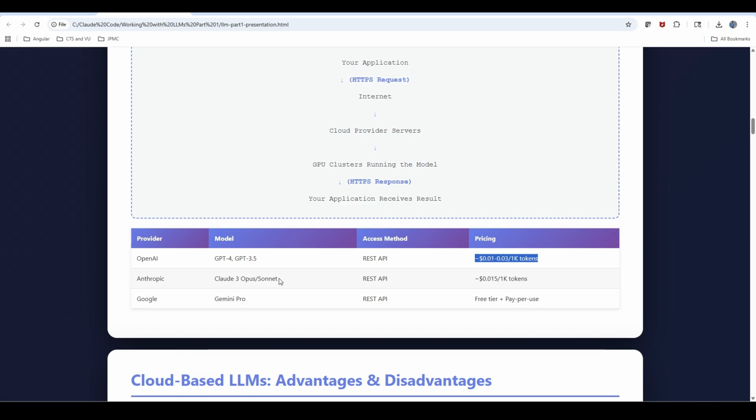These are popular LLMs, and they are also exposed via REST API. Similarly, Google has its own LLM called Gemini Pro, which is also available as a REST API. So this is the rationale behind why these LLMs are hosted by the bigger companies in their cloud networks, right?